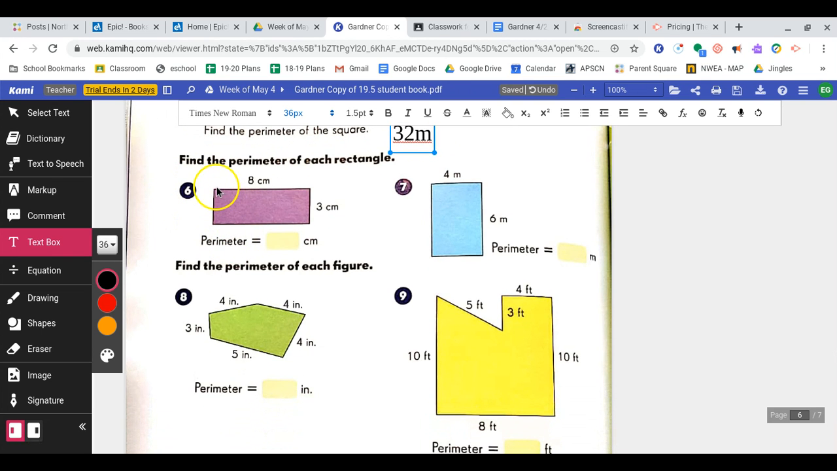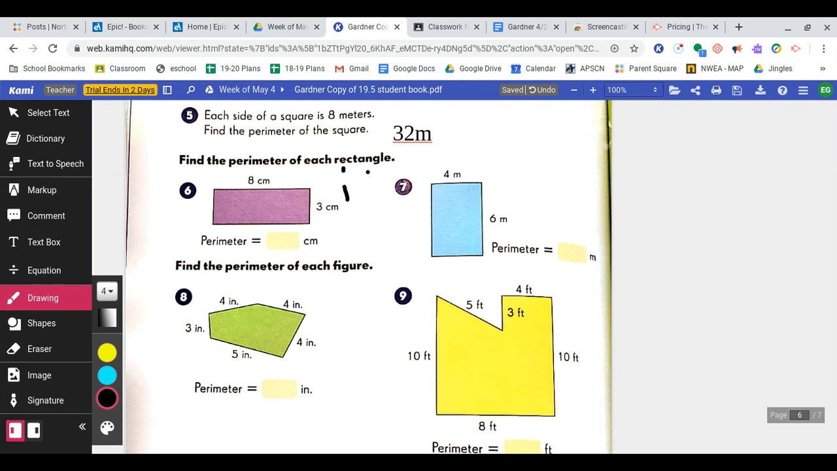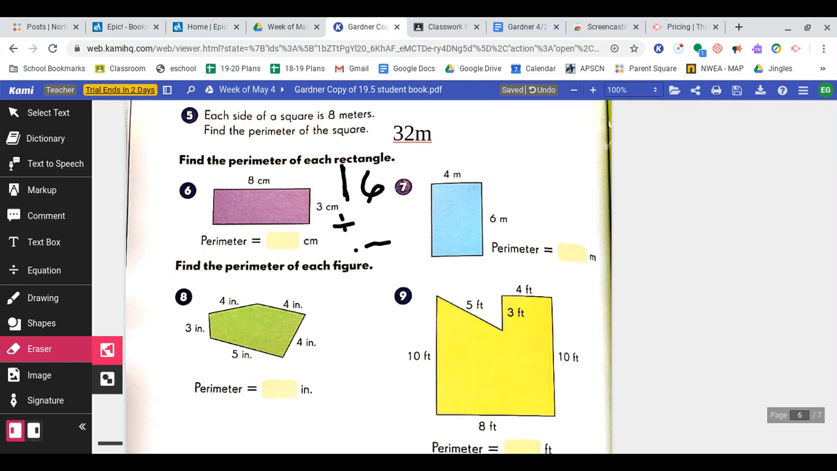Okay, so for this rectangle, if we add 8 plus another 8 would be 16, plus 3 and 3 here. Feel free to write this out if you want to. Did I say 9? I'm sorry about that. It should be 6 because it's 2 sets of 3. I was multiplying. Sorry about that. So if we added 16